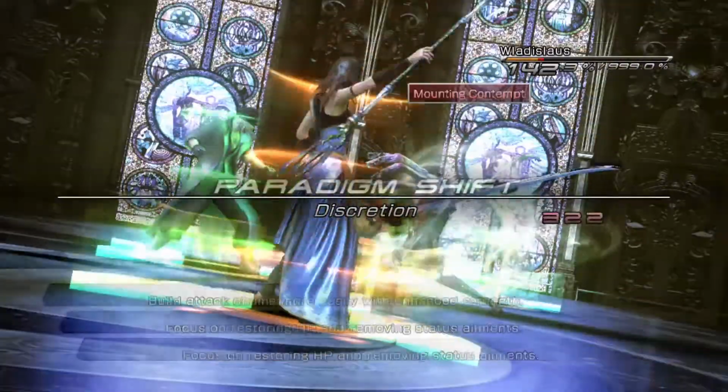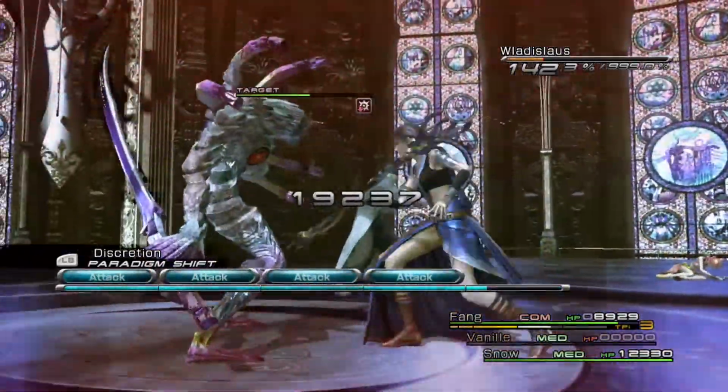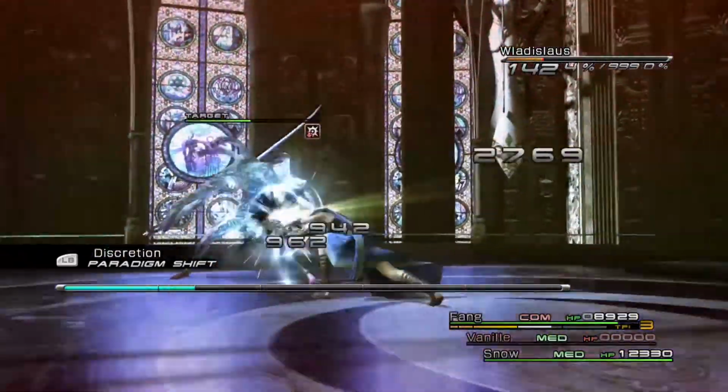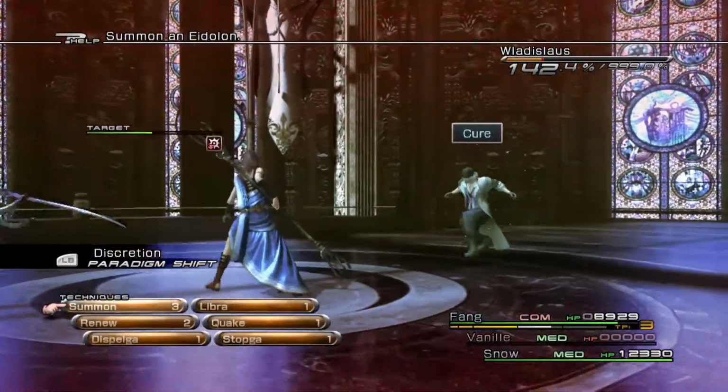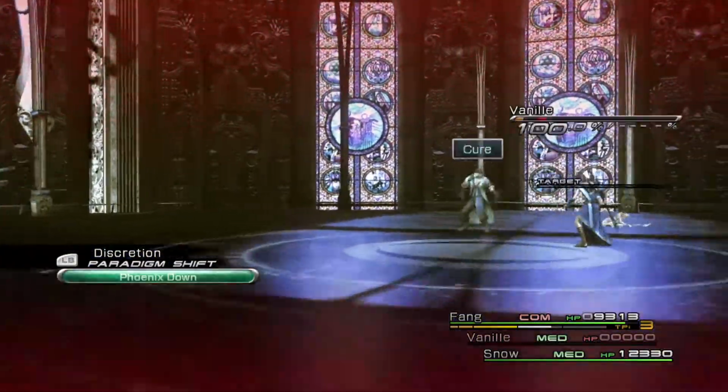When he's about to do Mountain Contempt, make sure that the person he's likely to attack has full health, otherwise that happens. So, thankfully still got a couple of spare Phoenix Downs, so...